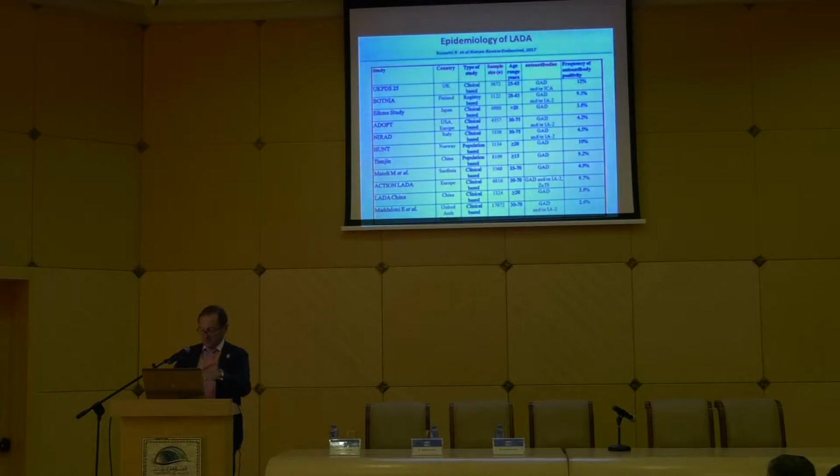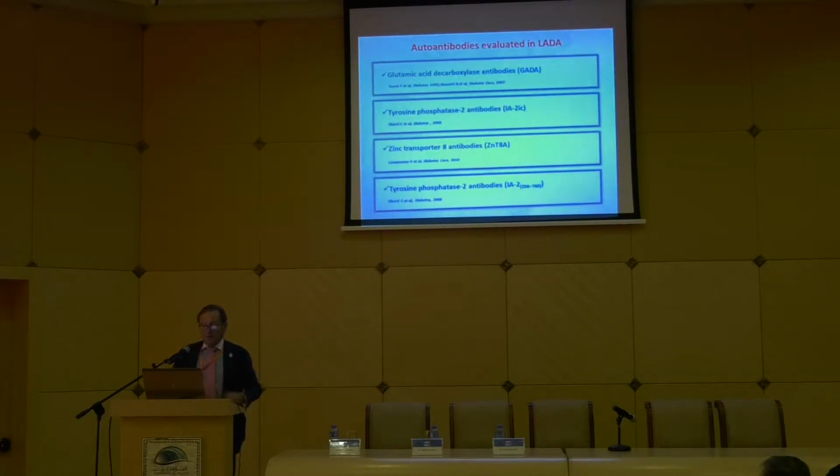As you see here, the percentage of positivity. And when you talk about antibodies, what are the antibodies in LADA? Well, 4 antibodies, easy to remember: GAD antibodies, IA2 antibodies, zinc transporter 8 antibodies, and tyrosine phosphatase antibodies. These are the 4 antibodies. And check the last one, the tyrosine phosphatase 256766, a different form of tyrosine phosphatase antibodies that is relevant for what Ralph mentioned before, and I'll show you some data about it.